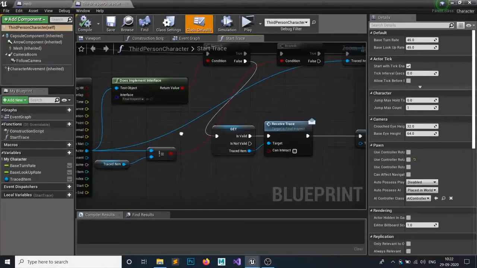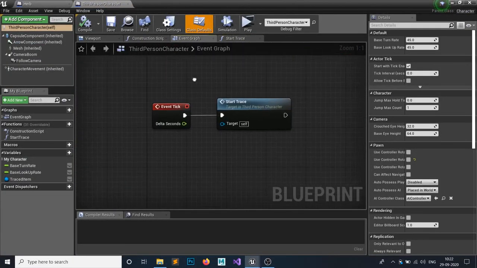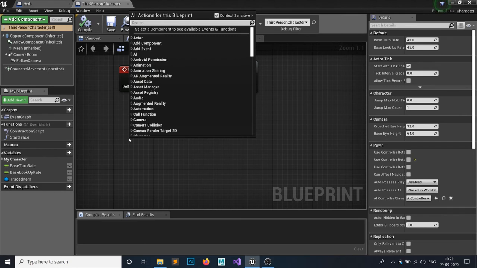You can make this HUD inside your third person character or your game mode, or let's say your player controller, whatever you want. It doesn't really affect much, but the player character is fine because we're going to use that in every level, so it would be persistent across your levels. So you can make this in your player character or player controller. This would work fine.